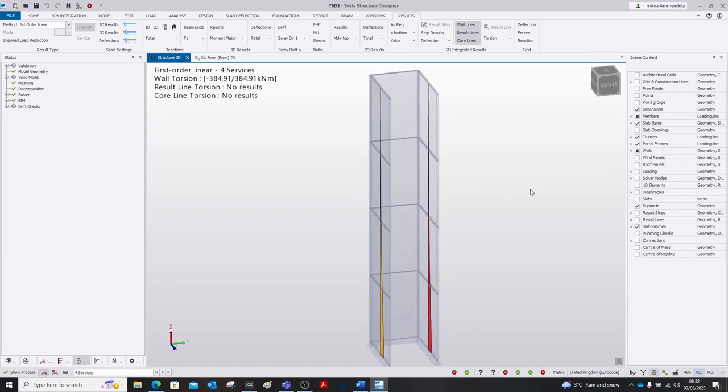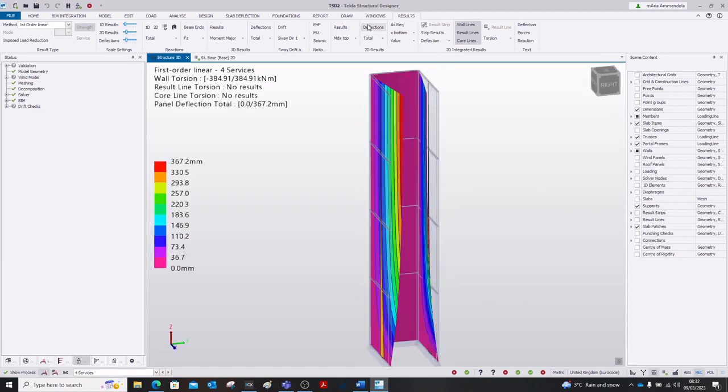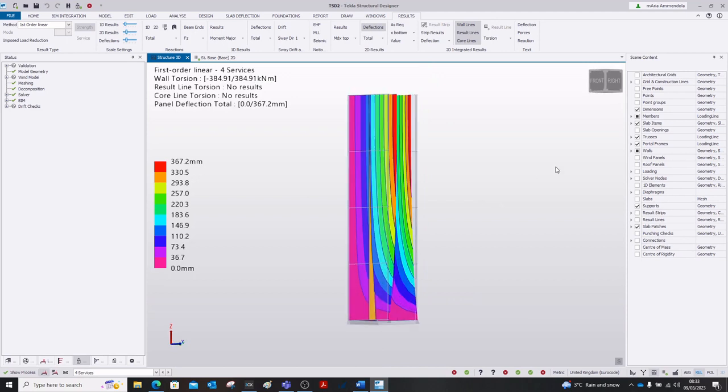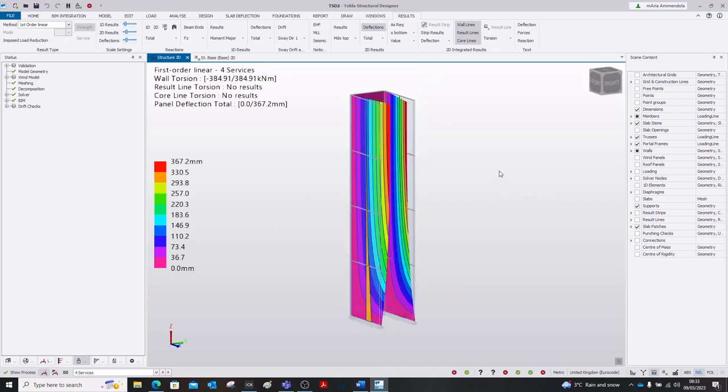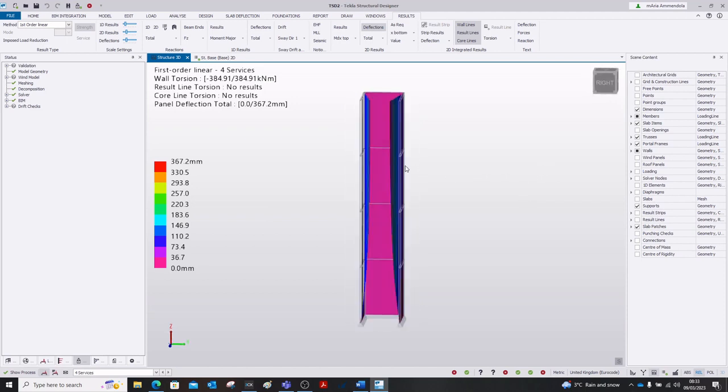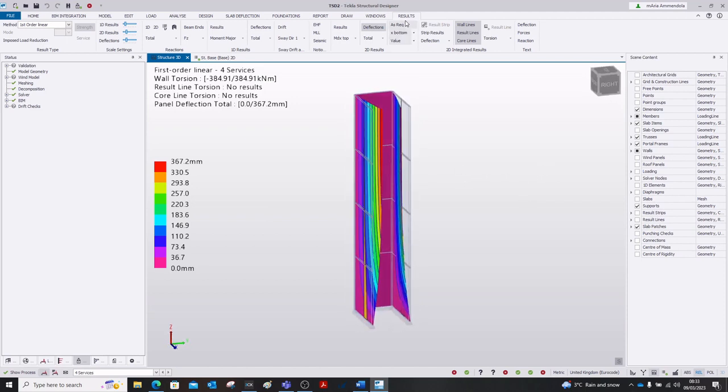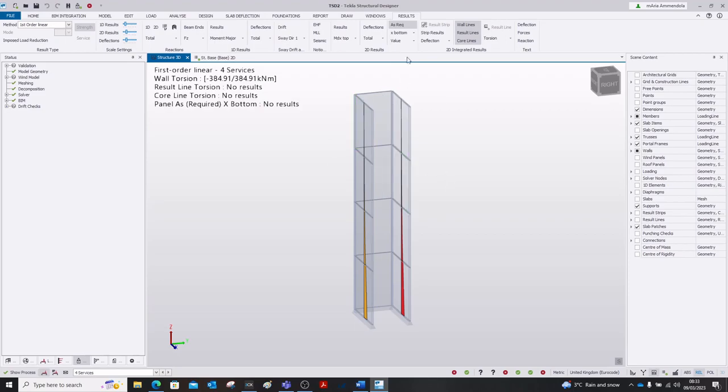And you can also have a look at the deflection of your wall, which is one of the main things when you do shear walls. So have a look at the deflections, and also